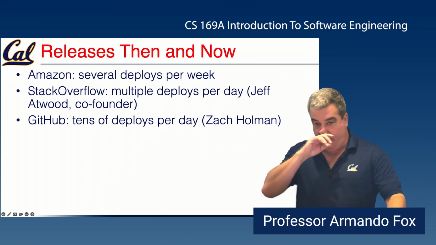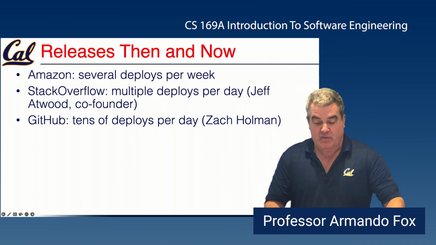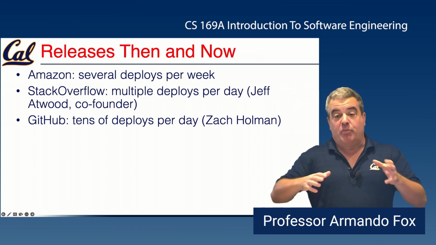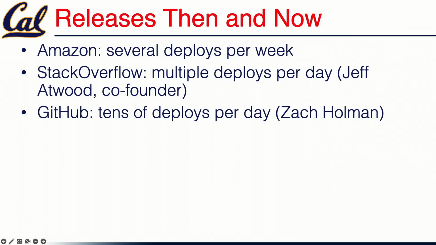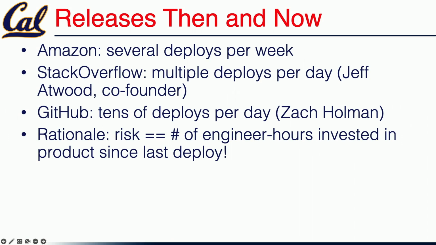If you remember the whole framing of Agile and certainly of extreme programming is if something is a good idea, then do that thing to the greatest extreme possible. Here, the risk is that you did something wrong. Something wrong could be that you introduced a bug, or it could be that you introduced something that isn't a bug, but your users don't like. And so the more often you do that, the smaller each change is, the less you have screwed up in some sense, right? The less you have to back out in order to undo the effects of your bad thing.